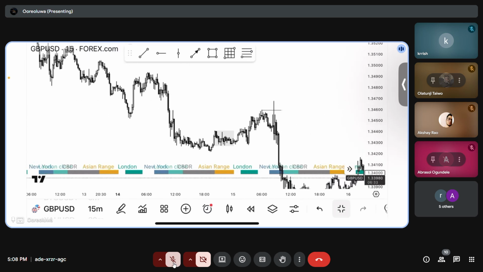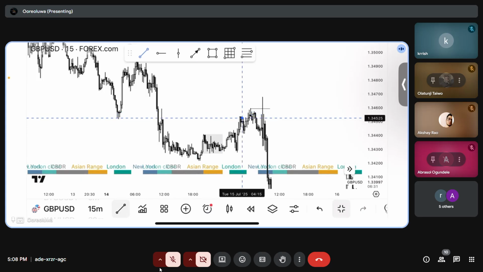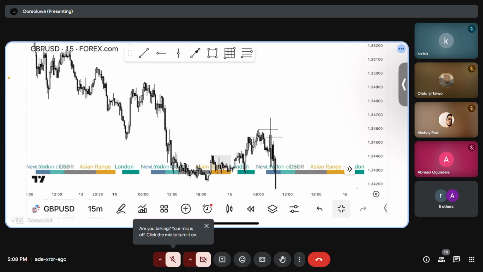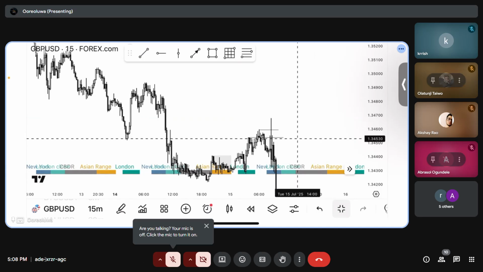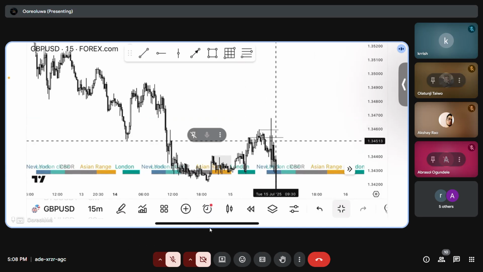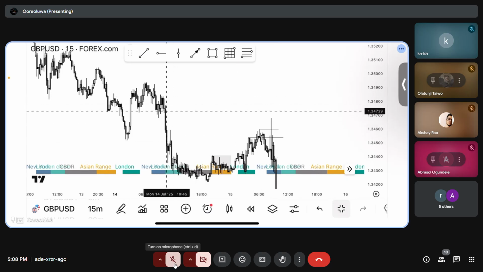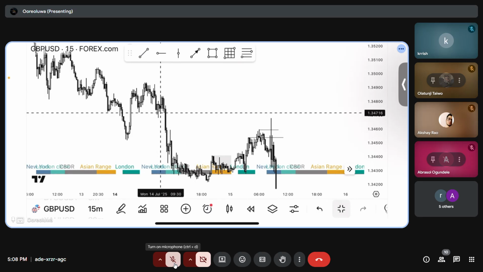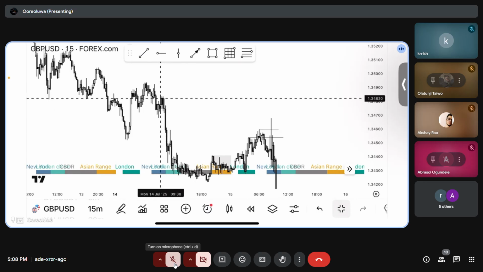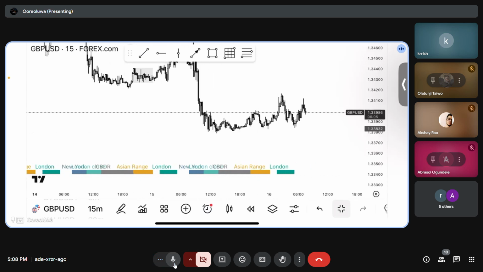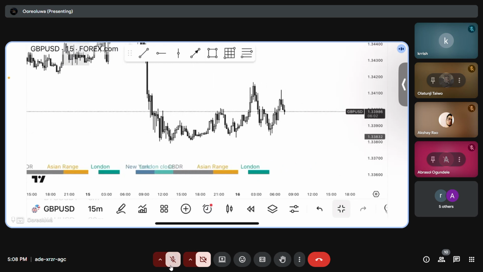Okay. So for those of you that took a trade, maybe you took this turtle soup here. This one, because that was what I marked first. But since it was about time for news, I waited. So this high, this fair value gap high, would have been your stop loss to be on the safe side.